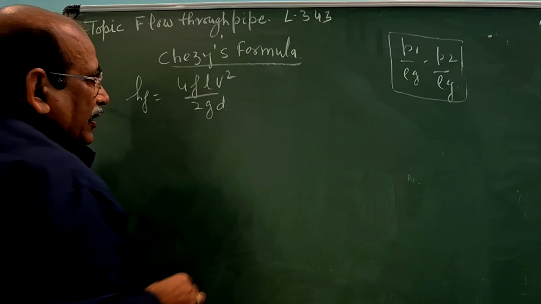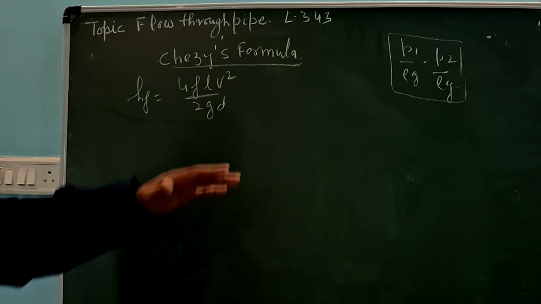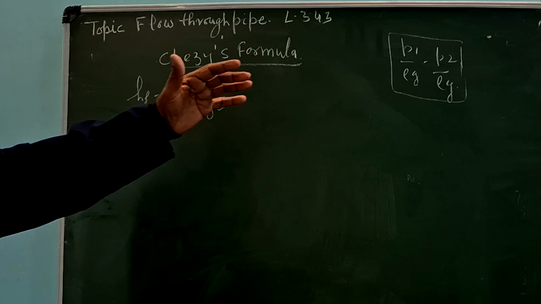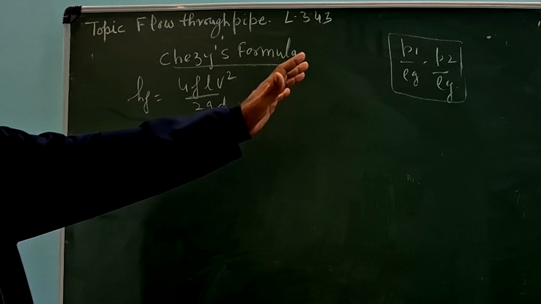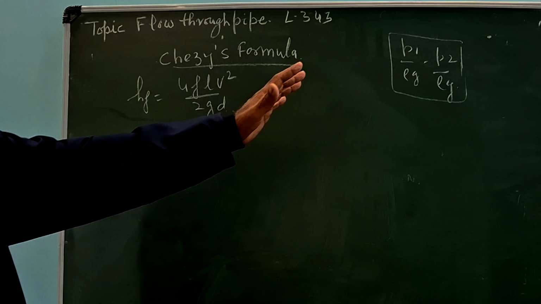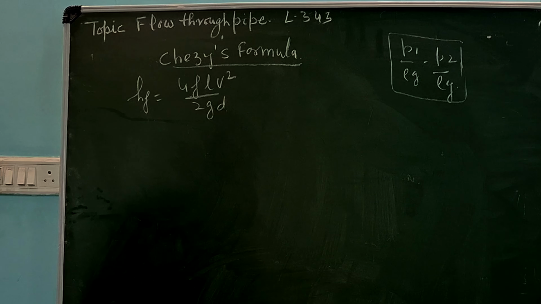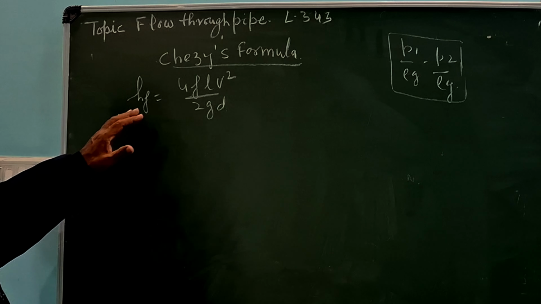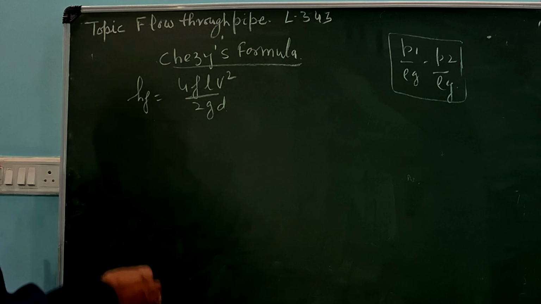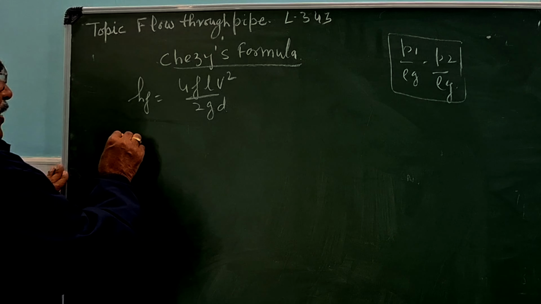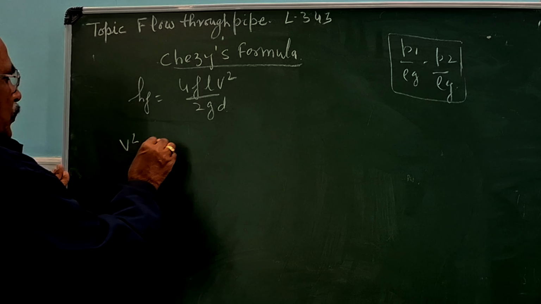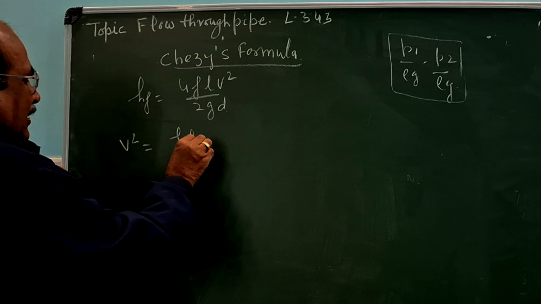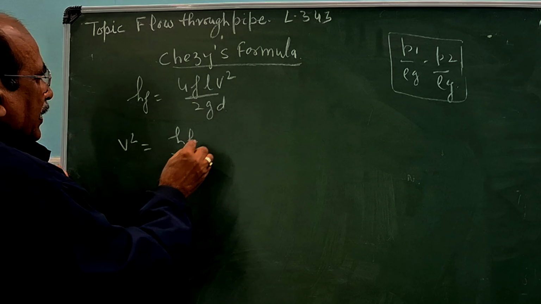This is derived from the flow in the pipe when some resistance force is exerted. When we summarize that resistance force, we find hf is equal to 4FLV square upon 2gD. In this way we can have V square equals hf upon L,